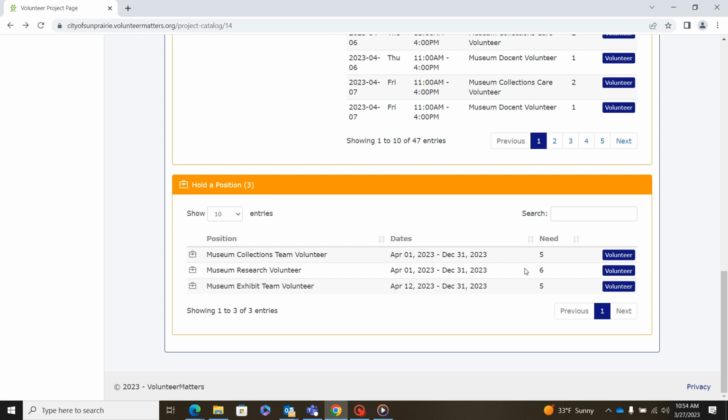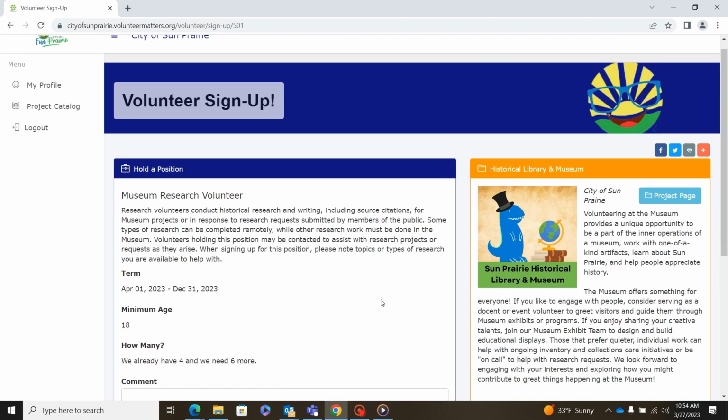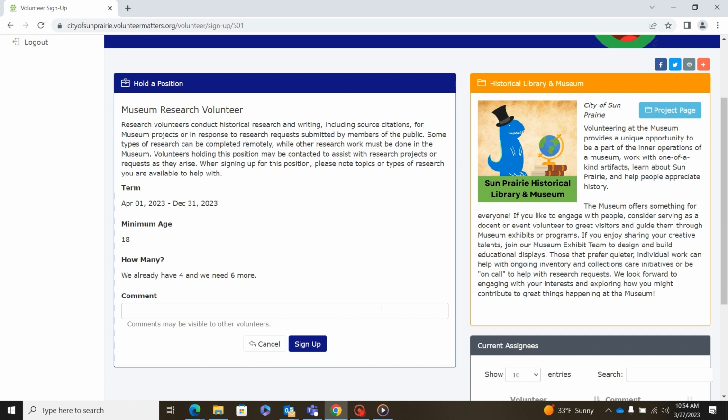All of these options should have a meeting with staff prior to signing up so that you know exactly what project you're working on. So as a research volunteer, I will click Volunteer, and I will again have this comment space. Now in this case, I will not put what time, but instead will put what project I'm working on. So let's say I am researching Sun Prairie schools. I will go ahead and sign up,